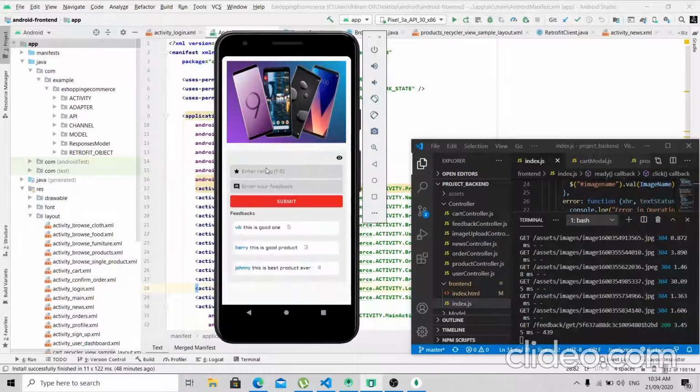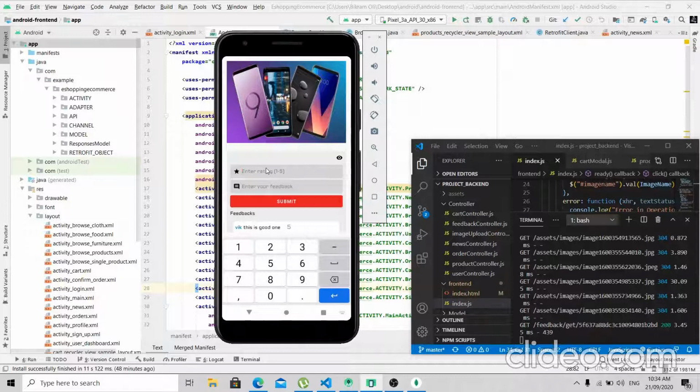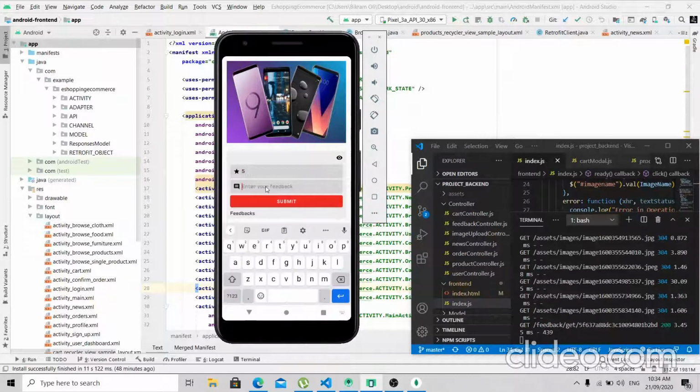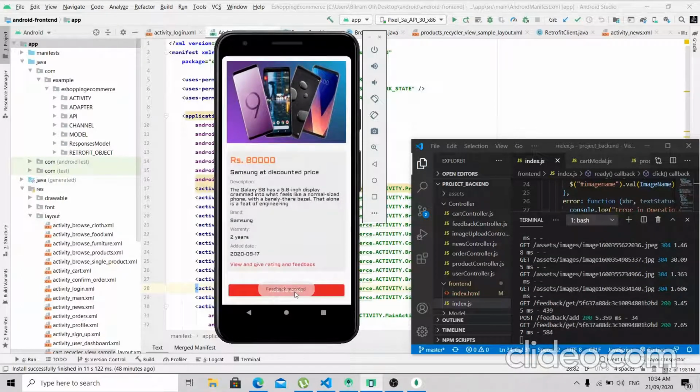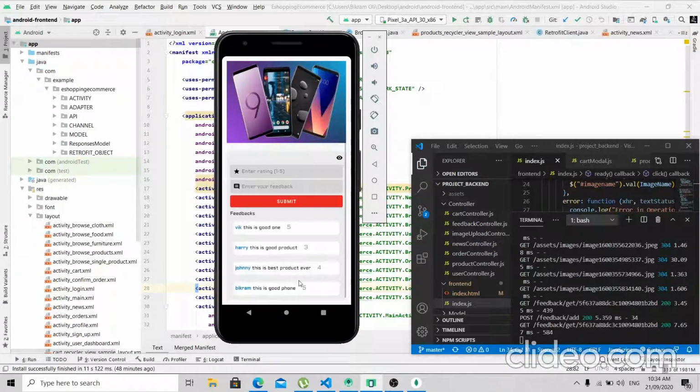So now I want to rate this product 5, and this is a good phone. Submit. Yeah, feedback added. So now let's see the feedback. Look, I have already added some feedback.